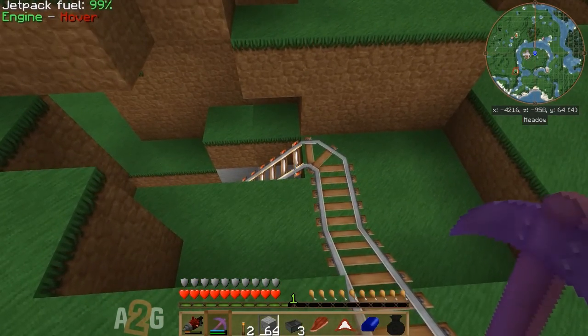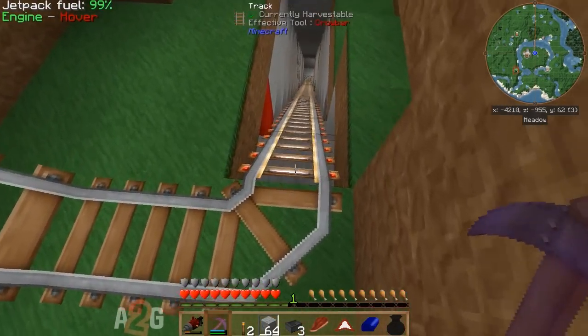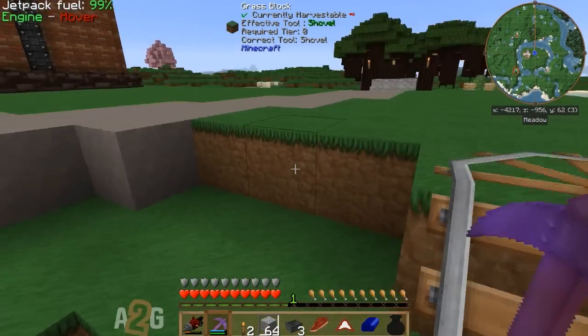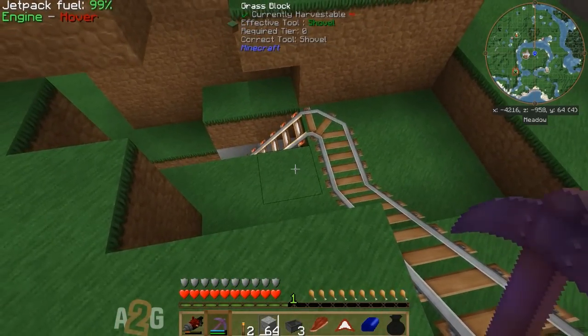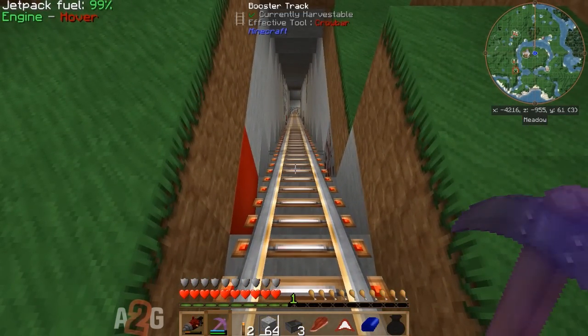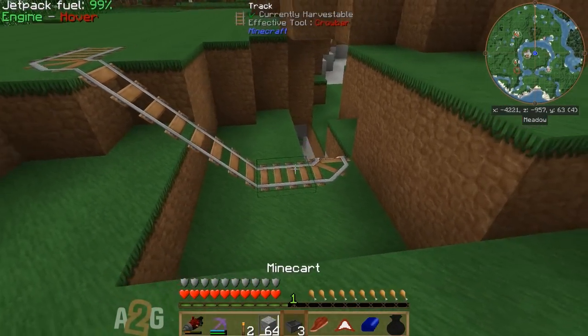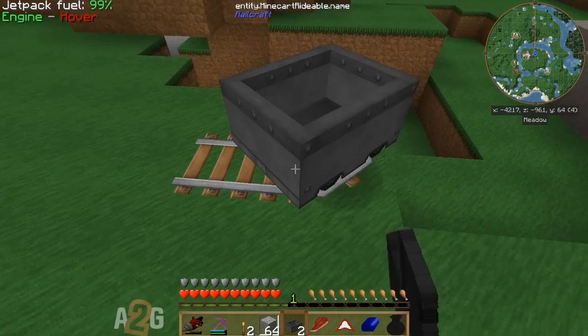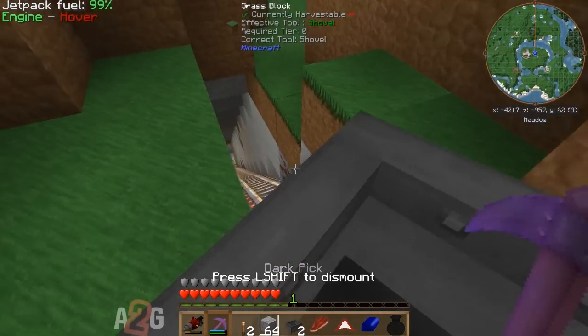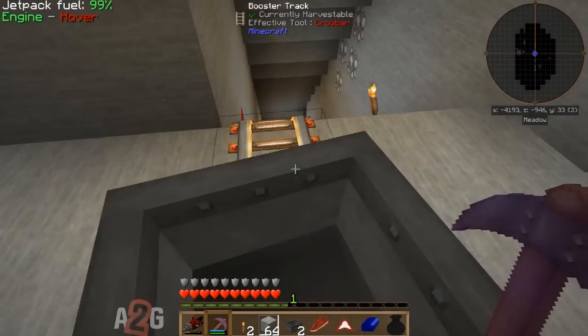I've went ahead and just used booster track all the way down. I have so much EMC, I'm not worried about resources. There's really no point in just taking it easy and trying to go efficient here. I'm just gonna go ahead and use booster tracks because, well, like I said, I have plenty of resources for it, and plus it's just kind of cool. Yeah, I'm overdoing it a little bit,